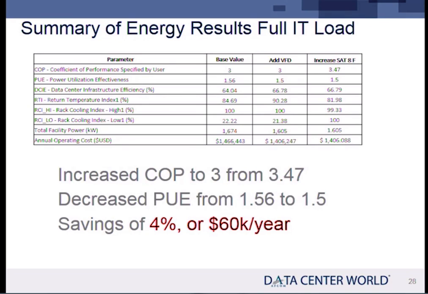Now, the other thing here is our COP went up. I just want to point this out. Coefficient of performance improved. That means my heat rejection system got better because I moved my supply air temp up. So the efficiency of the whole system got better as a result of managing the airflow. Slowing down the air and making it closer to what the rack needs gives you two benefits. One, it reduces the energy by a ratio that's cubic in nature, so that's big. And second of all, the heat going back to those return units is now higher, and that means they're more efficient,